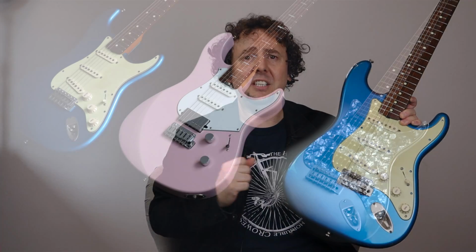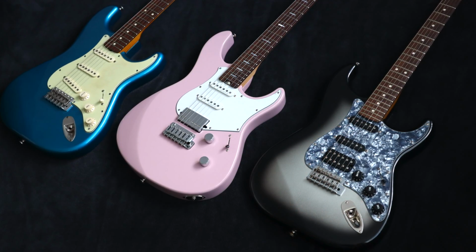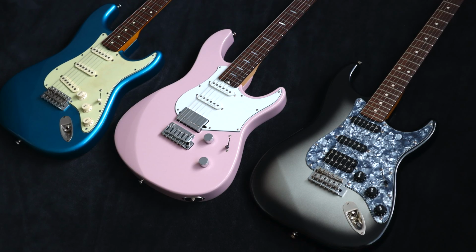But this guitar, being an early 90s Japan SSS Stratocaster, is very much a traditional type of Strat, and therefore pretty much at odds with the HSS Fender Modern Player and also the 2024 Yamaha Pacifica Standard Plus. So what we're going to do next is play the 3 guitars in as many different musical styles as we can to hear how different they sound, how similar they sound, and well, which one is going to sound best